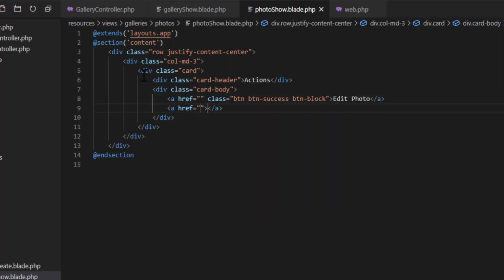After that we want another link, or we can copy this one and change the edit to delete and the success to danger. Okay, we will work on these two links in the future videos, and in this video, hopefully the last thing that we will work on is this photo show blade. So after this card, or the entire col-md,